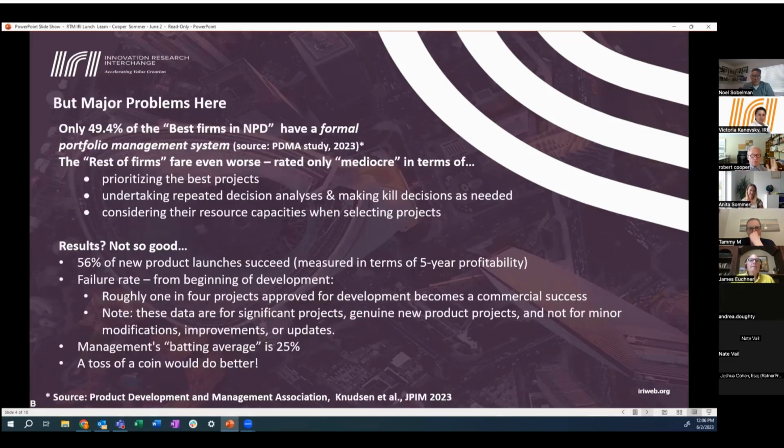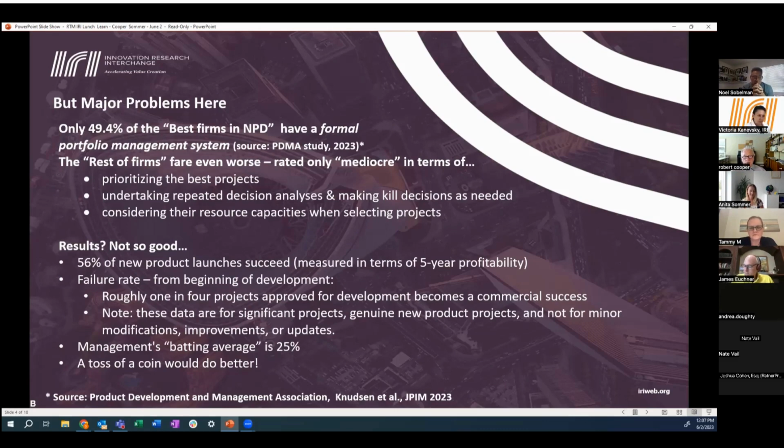But there are major problems here. This is some new stuff that wasn't in the article, that just came out in the last month from the PDMA in an article in their journal. It's their best practices study, and they do one of these about every 5 years. They found that the worst area was portfolio management in terms of company practices. Less than half the companies, 49% of the best companies, have a formal new product process. And they defined the best companies as the top 1/3,